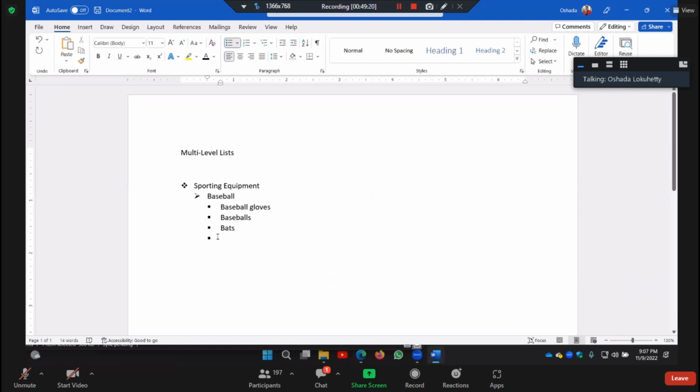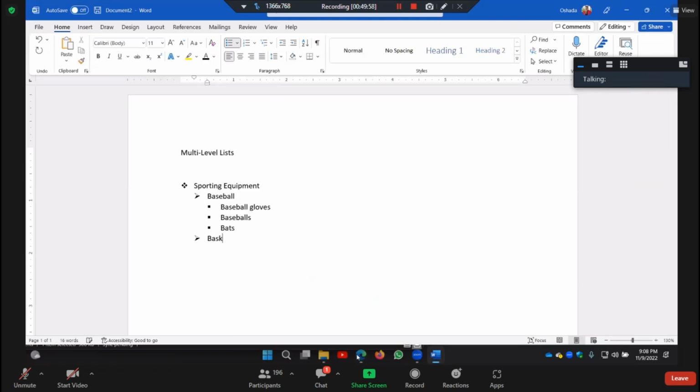But what I want is a point related to baseball, a point like this. So I need to go back. When we go into the list, we use the tab key. And when we want to go backwards in the list, we press shift and tab. That is how you move within a list. If you want to go one step backwards, press shift and tab once, then you can go one step backward. So I can type now